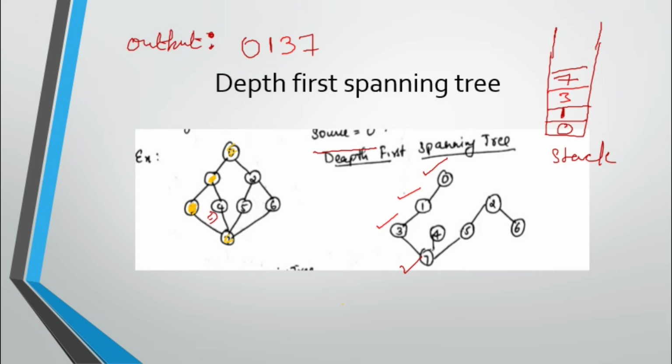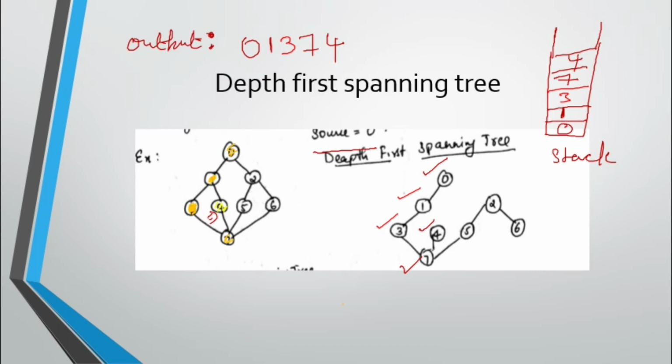When I visit 4, I draw 4 here in the tree, then I put it into the output sequence, then I also put it into the stack. Then I mark it because I'm already there. Now from 4 I cannot go to 3, right? We had selected 3, correct? Two and 3 we had, and I told you we can visit anything. Now once again I cannot go to 3. Also I have come from 7 only.